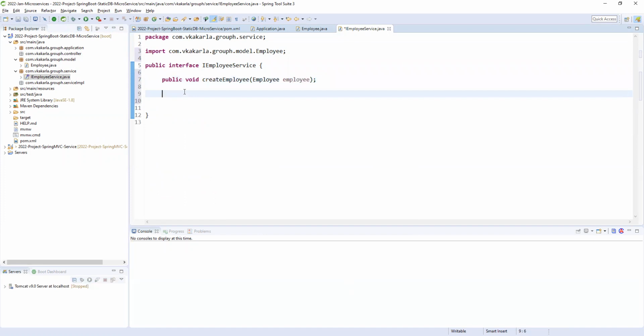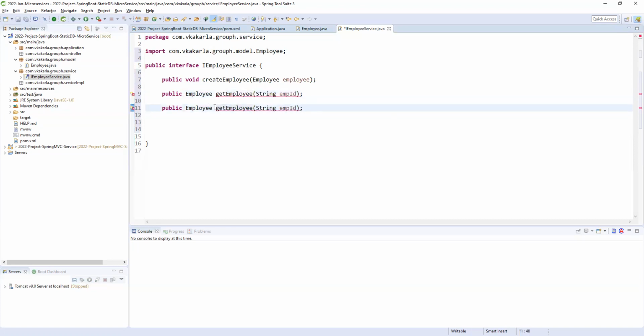So next, get employee, right? I'm copying this, but for get employee I'm adding a return type, as save doesn't need any return type. So get employee means here string employeeId. That's fine. So instead of create, here we're having getEmployee. The same for update employee.